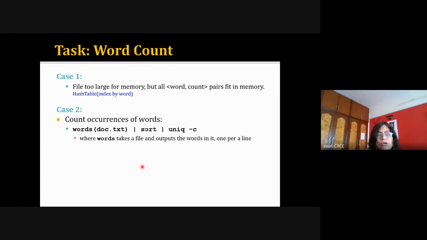So sort will sort this output, and it will group all the same words one below the other. Suppose a particular word, the, is occurring 10 times. Then all those 10 will come together when the sorting happens. So all those are together, and we can divide them into a block. Like this, it will do the sorting operation, and all the same words will appear one below the other.